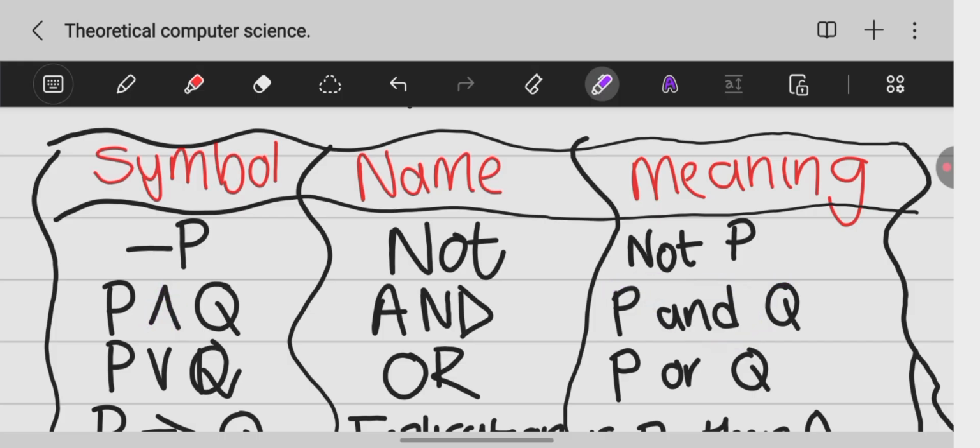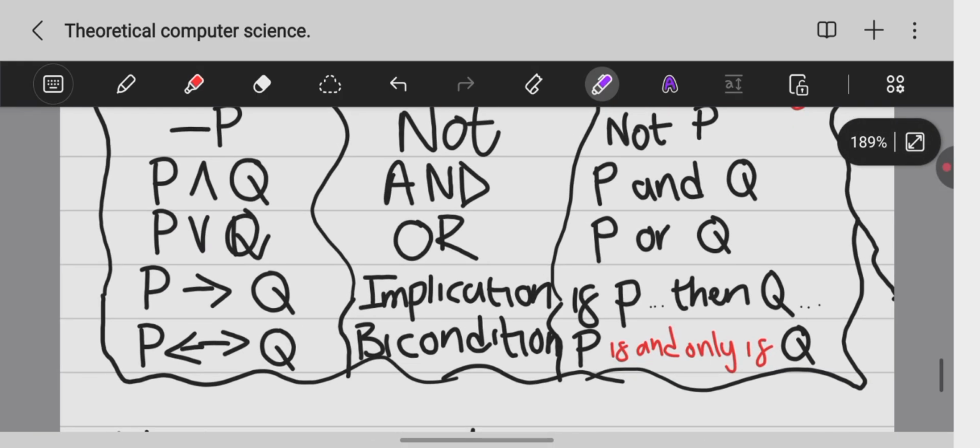When you're doing sets, you would have an upside down U or N, and that would be your and, right? But now that we're not doing sets, we're working with propositional logic, so we're working with statements instead of sets or elements, so you would want to use these kinds of operators instead. So the or is a V or up looking V, so you read it as P or Q,